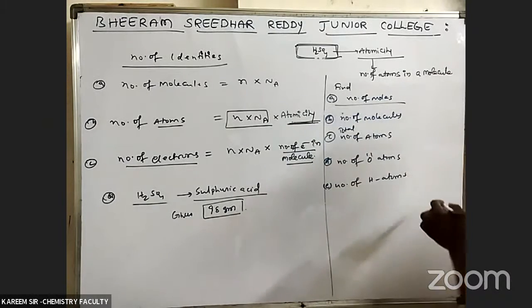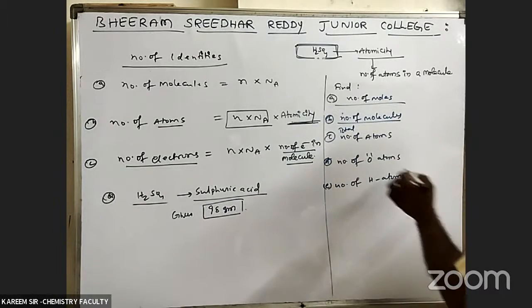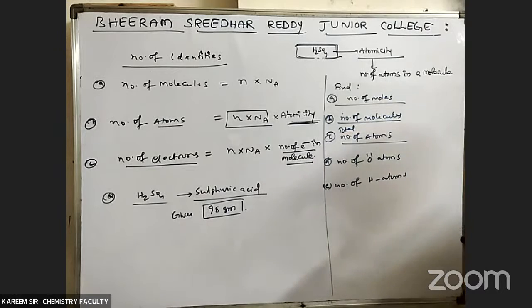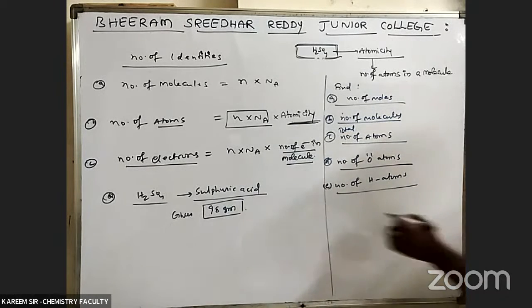Find the number of moles, the number of molecules, the total number of atoms, number of oxygen atoms, number of hydrogen atoms,